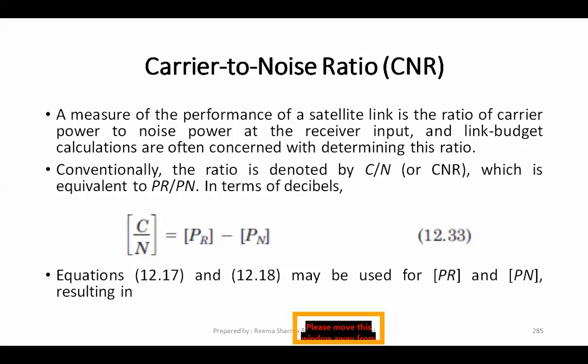Okay, so it's a measure of performance of a satellite link, and it's the ratio of carrier power to the noise power. So C is carrier power, N is noise power, which is also equal to received power, PR, and your noise power. Okay. So the receiver input and link budget calculations are often concerned with determining this ratio. Conventionally, the ratio is denoted by C by N or CNR, which is equivalent to PR by PN, in terms of decibels,